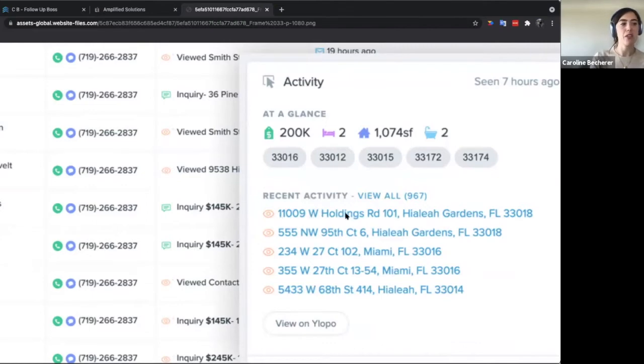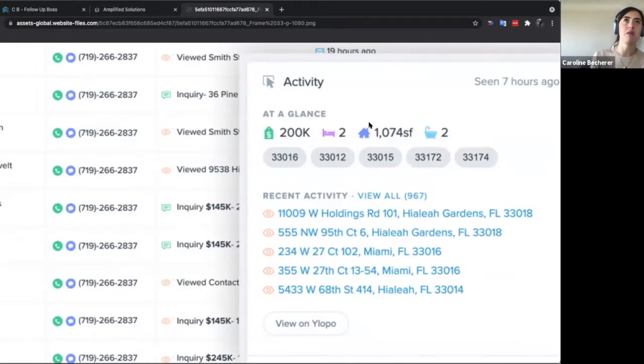If you click on any of those links, it's going to open up that page on your website. So you can see exactly where they were. It's also going to capture favorited properties if you have that kind of function on your website. And then of course, it's going to gather any inquiries. So with anything that's property specific,